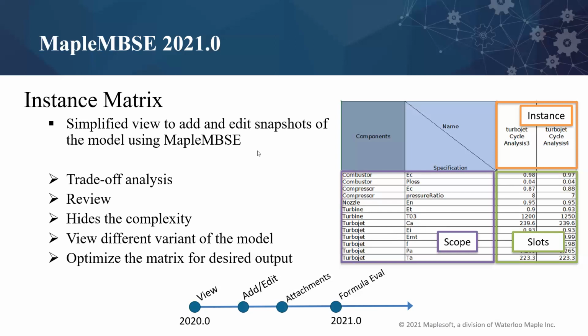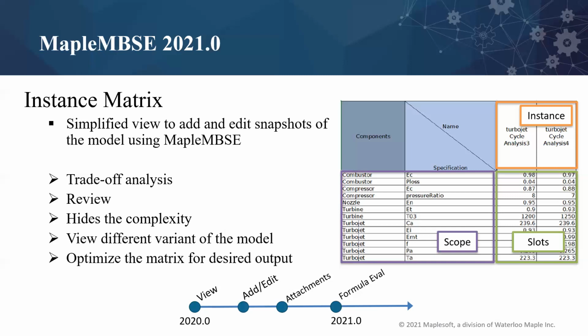So this is how the matrix is going to be shown in MapleMBC, and the user will be able to make some changes to the slots, like you can add new slots if a slot is missing. You'll see it as an empty cell in case the slot is empty. So you can add new information here. Based on the data type that you have defined for the value properties, it could be a real value or enumeration or a boolean, etc. All this is handled by MapleMBC on the backend, and the user doesn't need to worry about it.